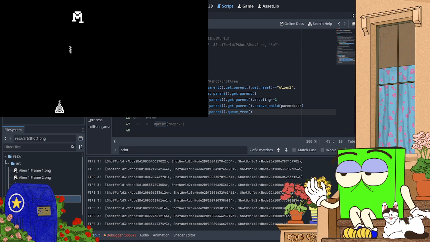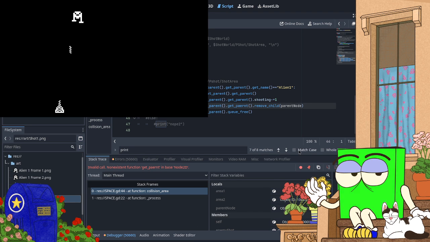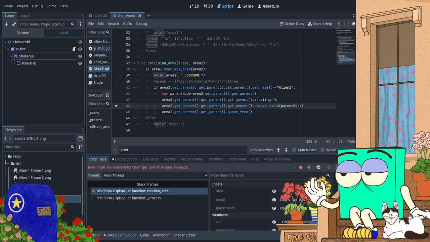When I say that may work, what I really mean to say is it crashed. Oh, and the reason is very simple. Just crashed. Boy, did it crash. Let me hide that window, and I will show you why it crashed: severe inability to spell. Parent. So let me just run it.